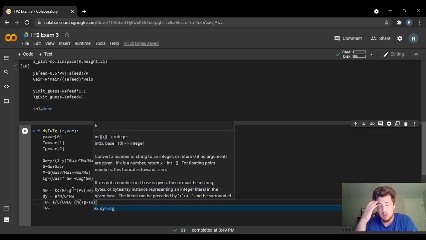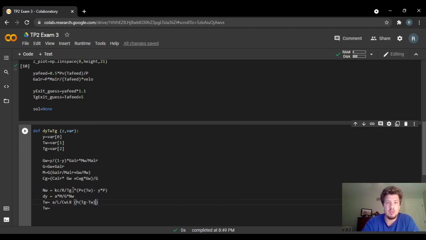This is our change in enthalpy equation that we had solved previously, and minus HV times the molar flux. Again, this is an equation we had previously solved for in the video,